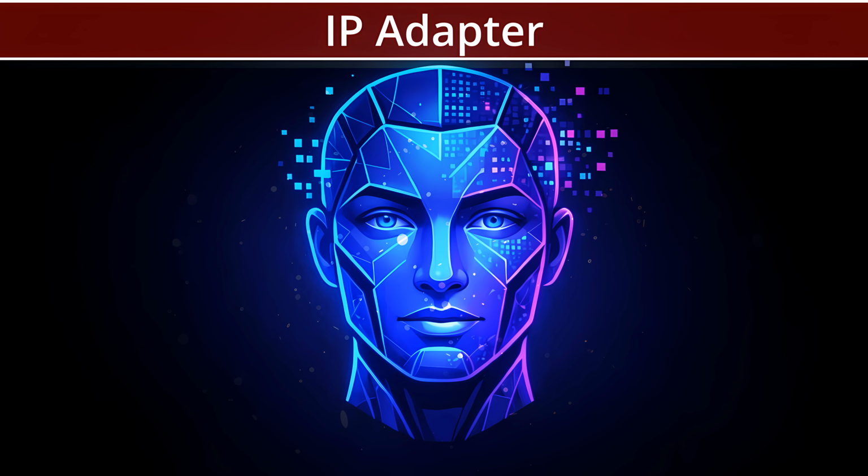Traditional image generators like Stable Diffusion or Flux are fundamentally T2I, text-to-image models, meaning they are natively built to work only with text instructions. IP Adapter breaks through this exact limitation. It allows you to feed a reference image alongside or instead of text, which the AI can instantly understand and